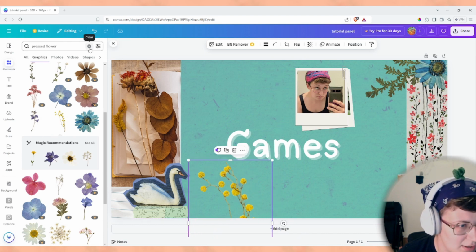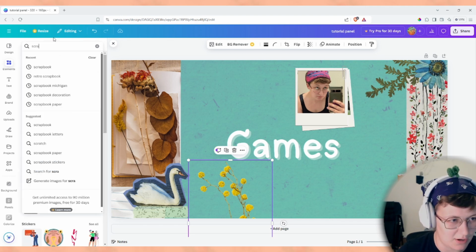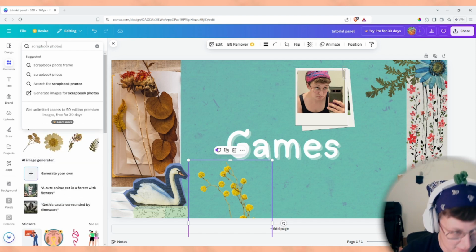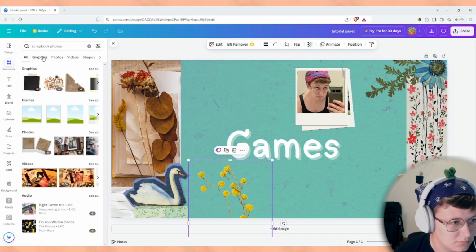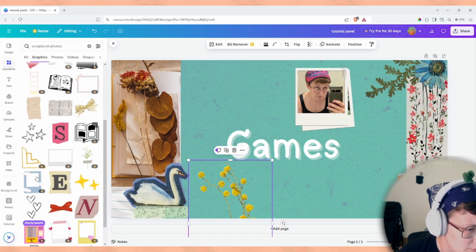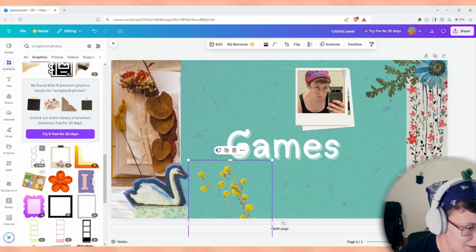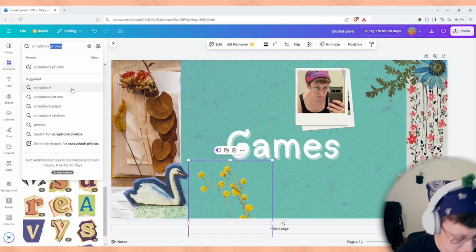And you know what? I want to add a couple more scrapbooky decorations, so I'm just gonna search for scrapbook again. Maybe like scrapbook photos. And search in graphics. Okay, I actually am not a huge fan of these results. I'll look for like scrapbook travel.